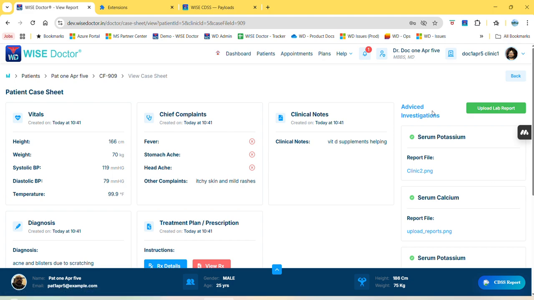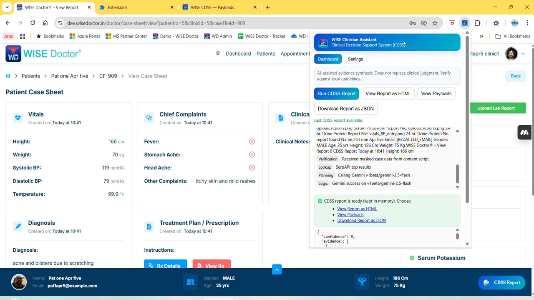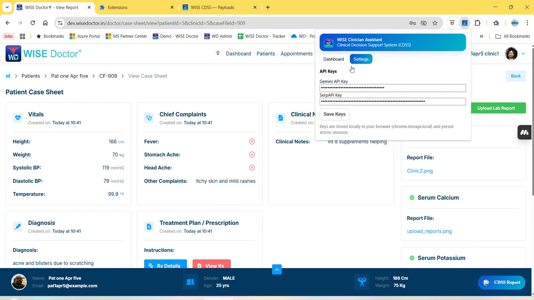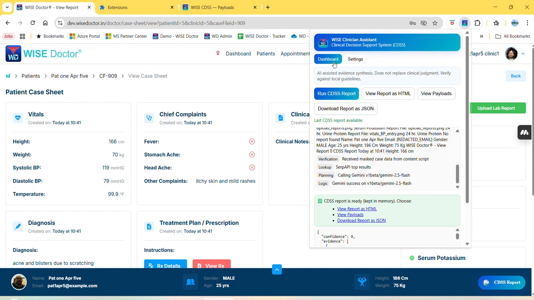Okay, so just a quick information about the tool itself. There is settings here where I have saved the Gemini API key and the SERP API key for the search results across the internet. And then the dashboard will have the run CDSS report, which is basically the clinical decision support system. There's also a floating button here which I'll enhance later, but currently this button is the same as the